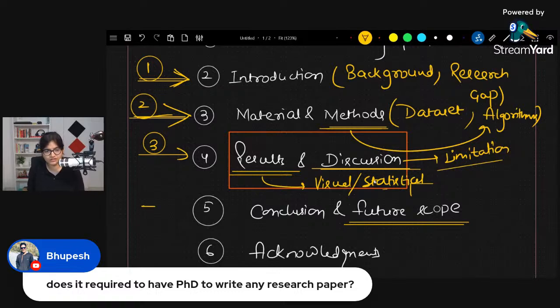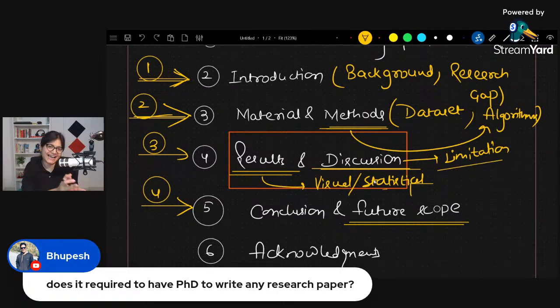So this is the fourth section which you have to focus on, where you can write down what are the key factors, what are the key points which you will be able to get from your research. And after that, you can write down that, okay, this much research I have done, but still I think this is the scope in the future from where a person should start doing the research if they really want to do that. So this future scope will help other researchers to pick up from your research part, right?